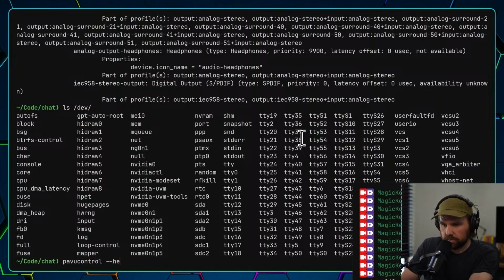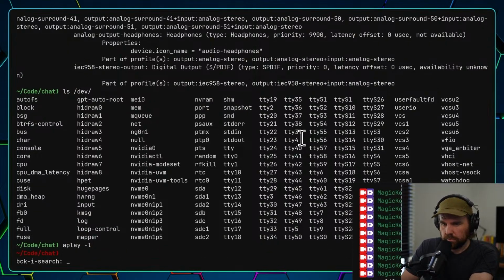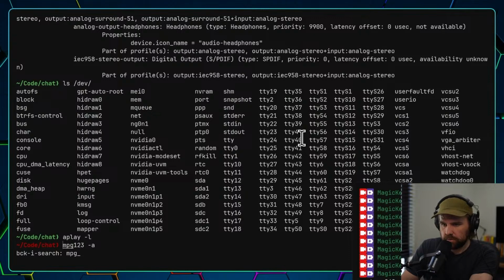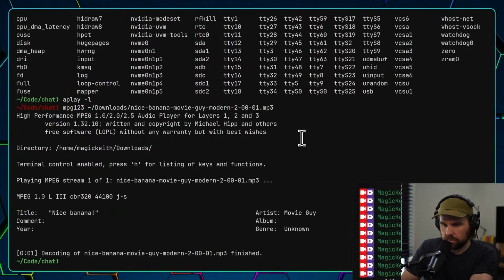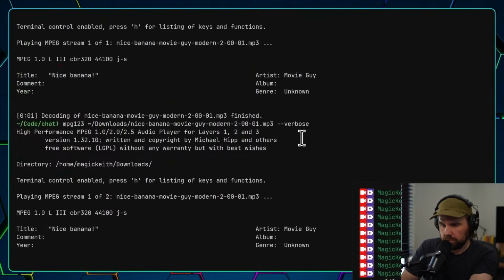Let's try now. mpg123. Negative. Is it verbose mode?